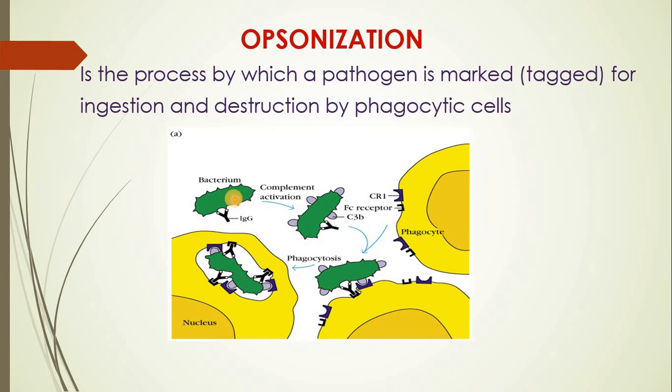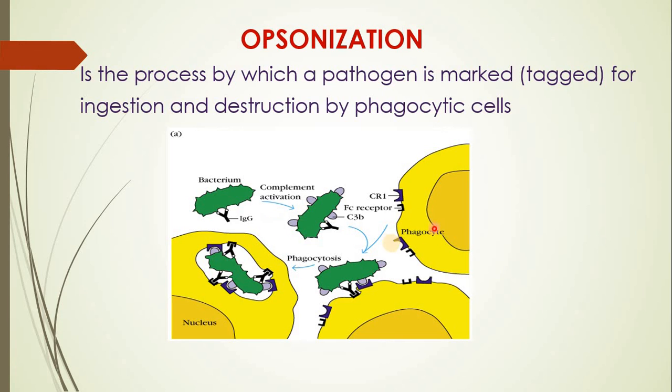That means here you can see, compare the structure of bacterium initially before tagging and after tagging. So once it has been tagged with IgG, it will activate certain development of proteinaceous component which are seen expressed onto the surface of antigen, and these expressed proteins will be identified by the phagocytic cell, and that will initiate the process of phagocytosis,